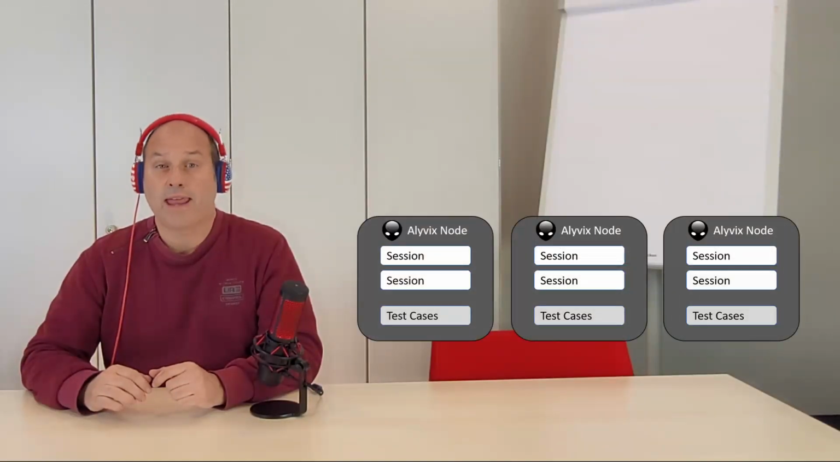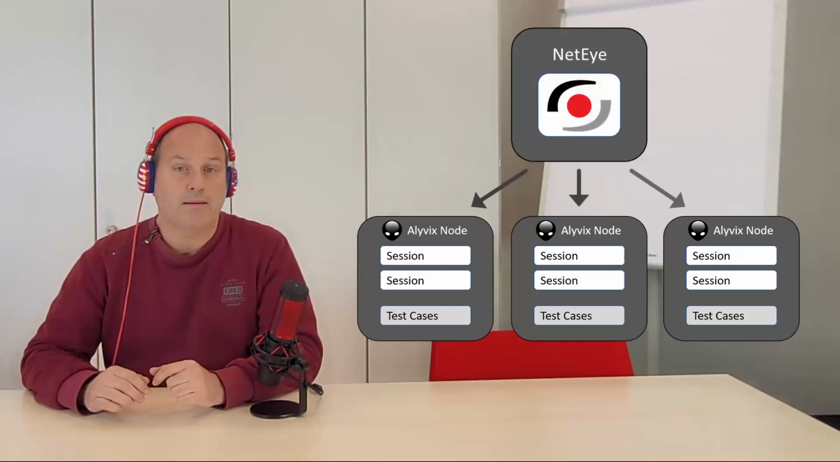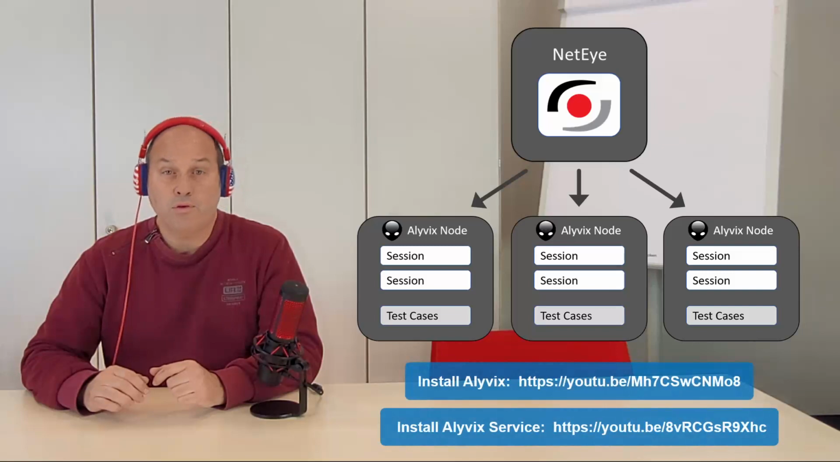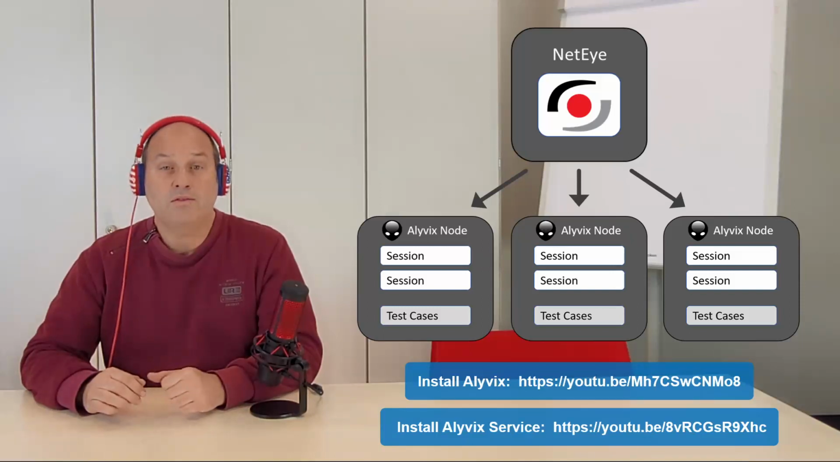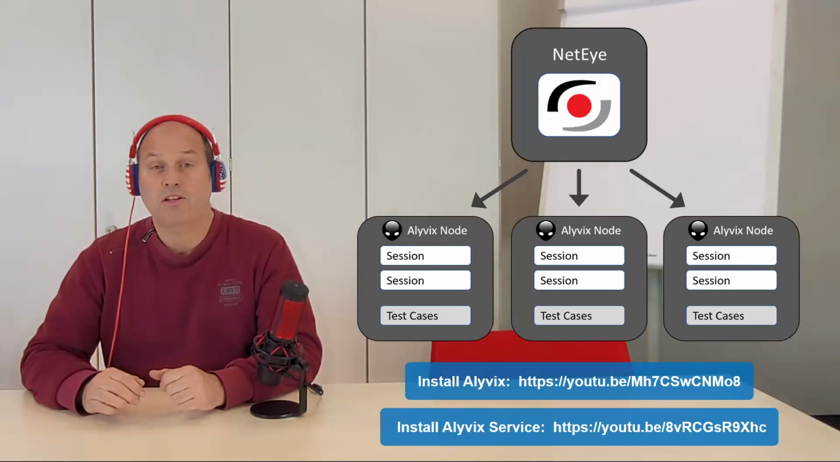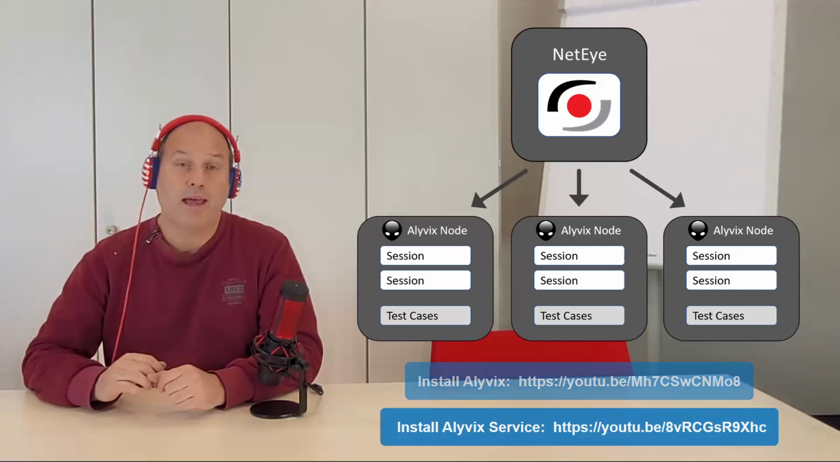Before we start, we need to have one or more machines called Alyvix nodes, each with Alyvix installed to run the test cases and Alyvix Service installed to control them and to communicate with neteye. We already have two videos showing you how to set up both Alyvix and Alyvix Service. So if you haven't already done so, watch those videos, install Alyvix and Alyvix Service on each node, and then come back here. Remember that Alyvix Service requires both the proper certificates and a Java Web Token to integrate with